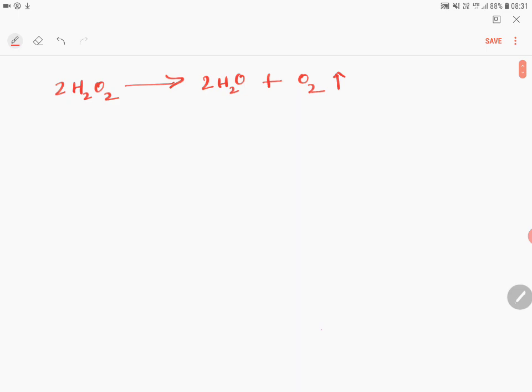Sometimes volume of the reagents given in volumetric analysis can be determined directly or indirectly with respect to the reactants, provided V infinity is not given. So let me make it clear that when hydrogen peroxide is decomposed, the availability of hydrogen peroxide during the experiment can be determined provided hydrogen peroxide is titrated against